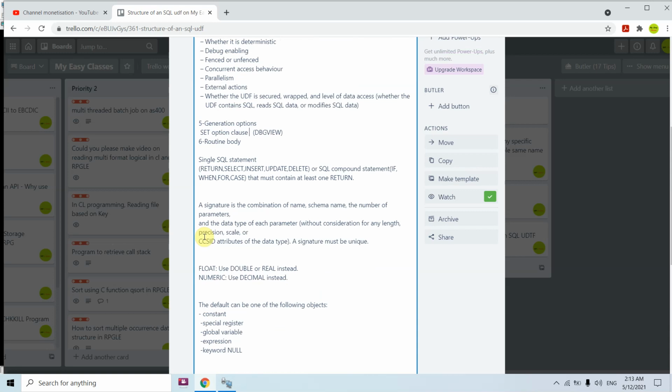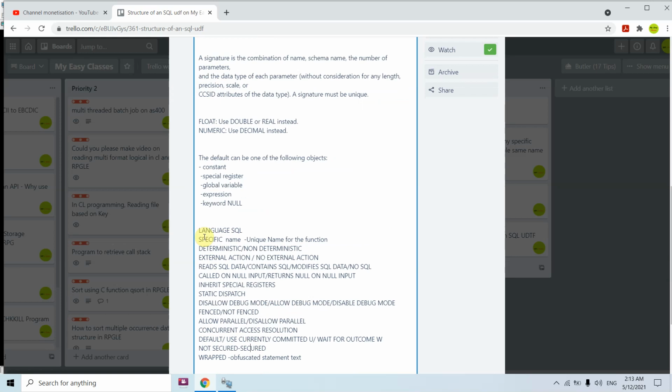Whenever we use set option and then we use the debug view clause, that is, we want the system to generate the debug view information of the source, then we can specify whether the function can be debugged or cannot be debugged, or the debug is disabled. So we can specify all these parameters: disallow debug mode, allow debug mode, or disable debug mode. Here it allows the debug mode, it disallows the debug mode, and this makes it disabled.